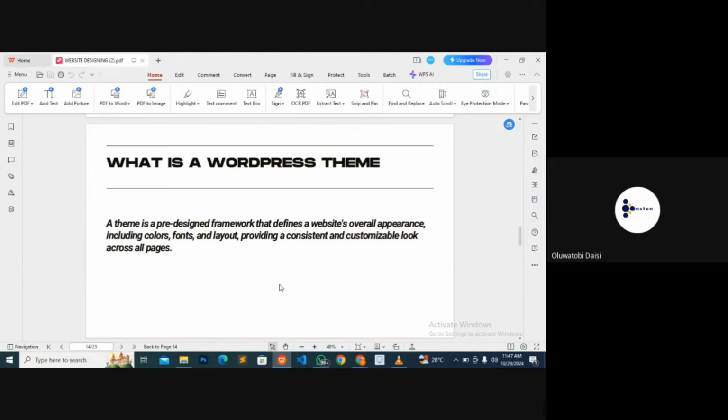So, okay, your theme is your pre-designed website. When you install it on your website, it comes as a demo. You have your images, you have your write-up, you have a whole lot of things in it already. Now, what you have to do at that point is simply to edit a few things to make that website suit your very project.